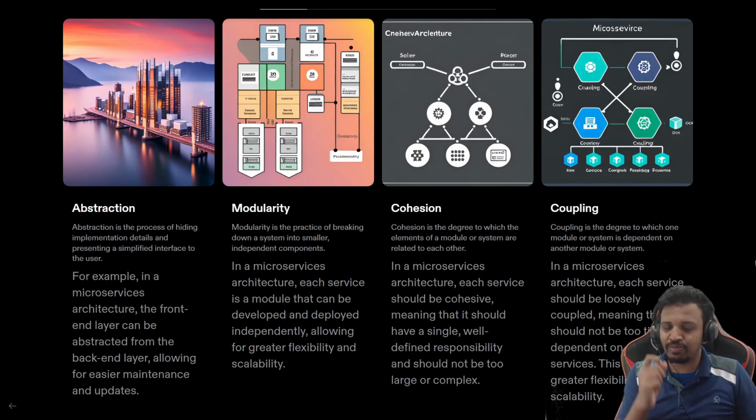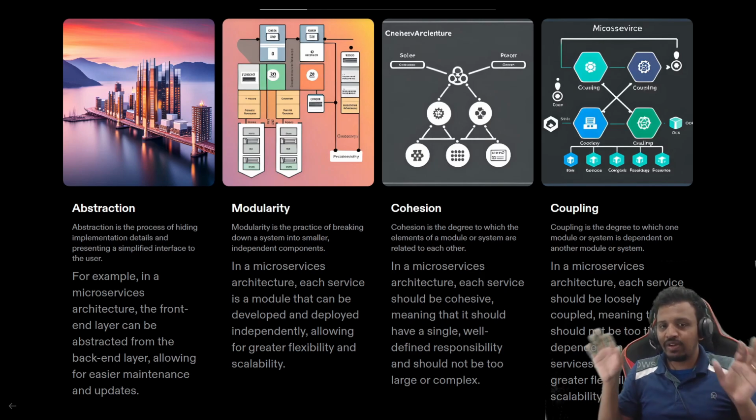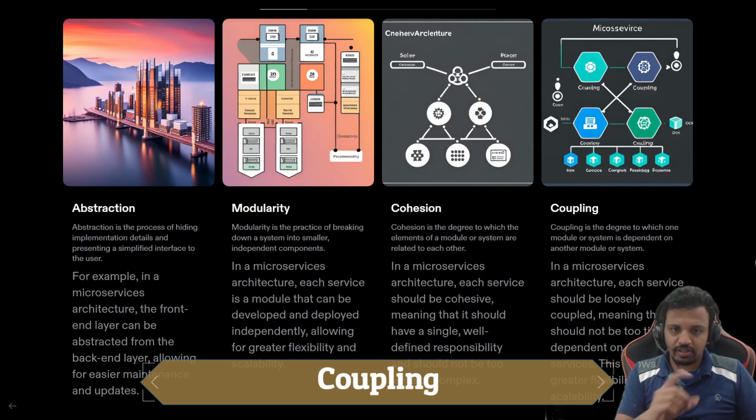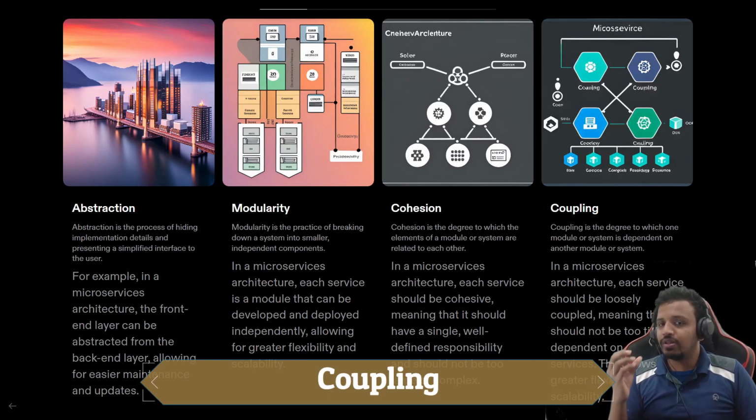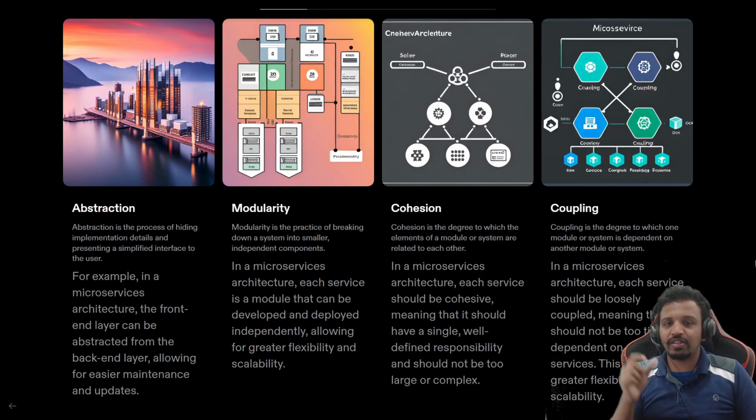A system should be loosely coupled. If it is tightly coupled, it is monolithic. So it should be loosely coupled. If you are developing a society, in that you have multiple services, and the services should be such that there is the least possible dependency between one another. That is what microservices is. So as of now, let's understand coupling is basically the dependency of one module or service on another service. Cohesion is different, coupling is different.